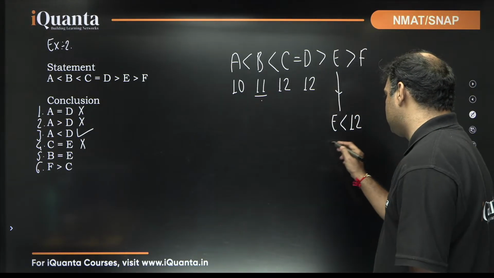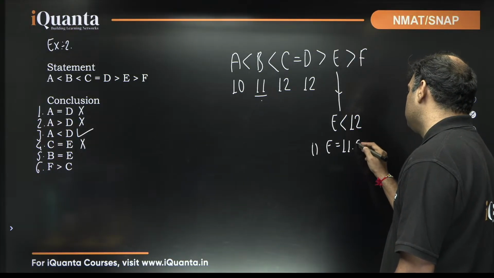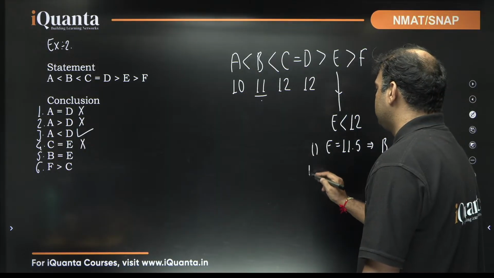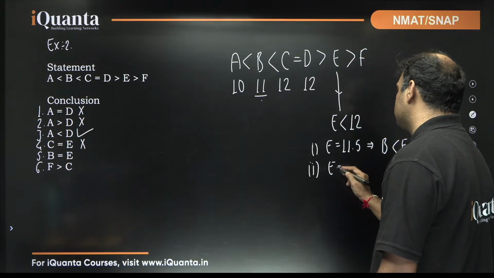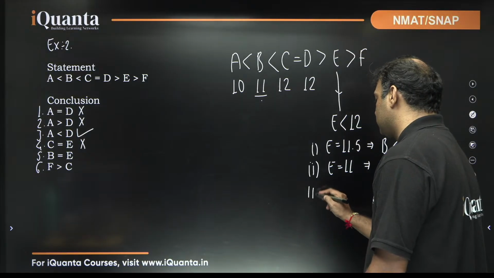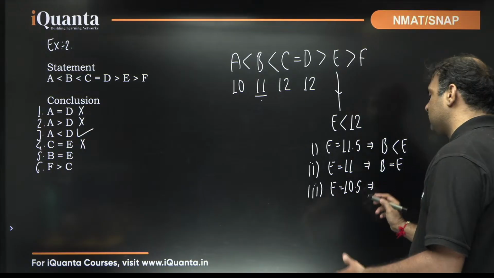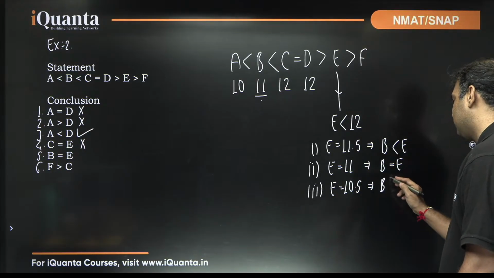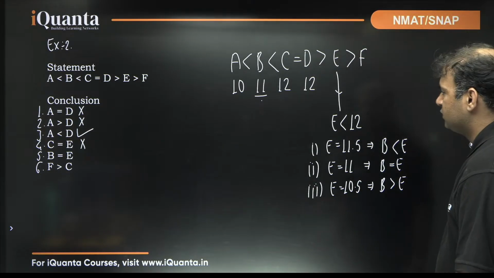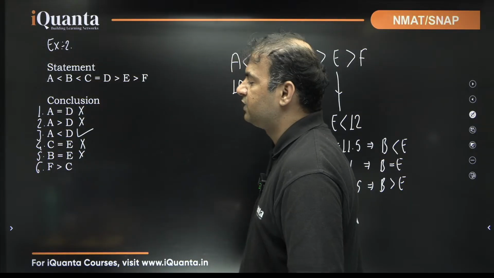Let me show you guys. E is less than 12, right? So if, let's say, E is 11.5, then we'll say that B is less than E. If E is 11, then B and E must be equal to each other. The last possibility, if E is 10.5, then in this case B has to be greater than E. So all three things are possible here, right guys? So that's why there is no certain relation between B and E, and that's why this conclusion is also